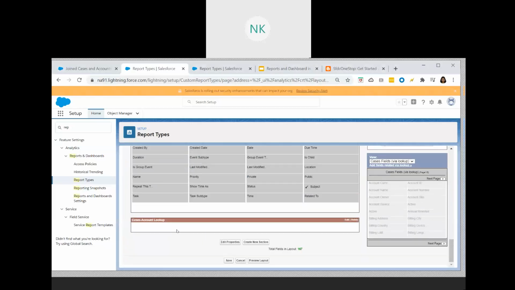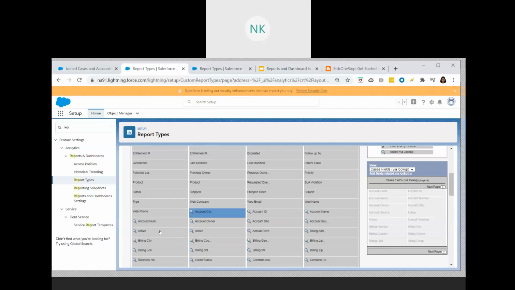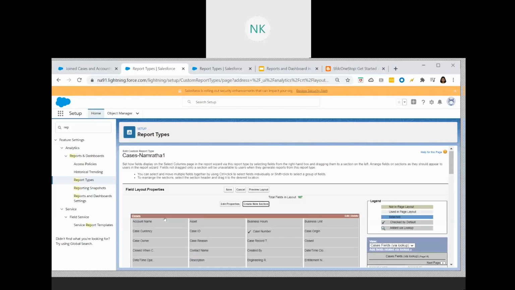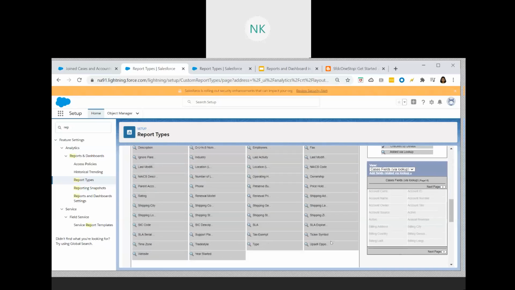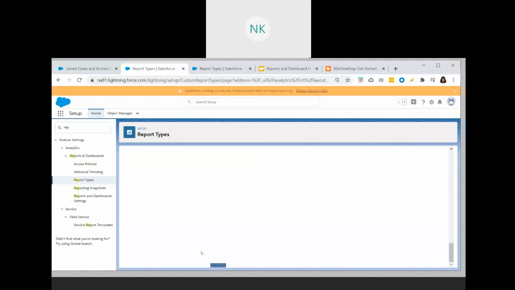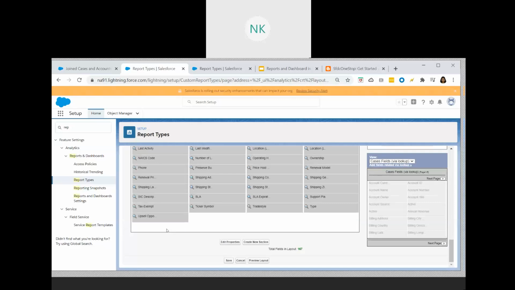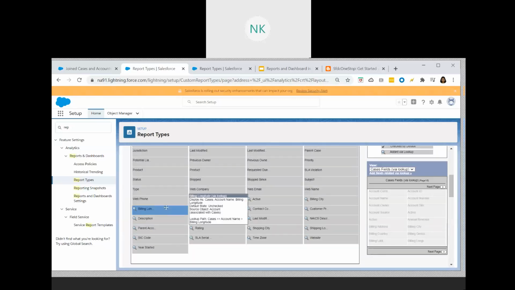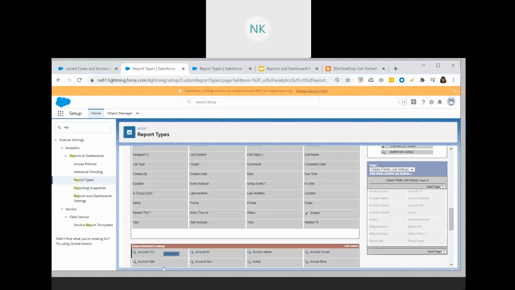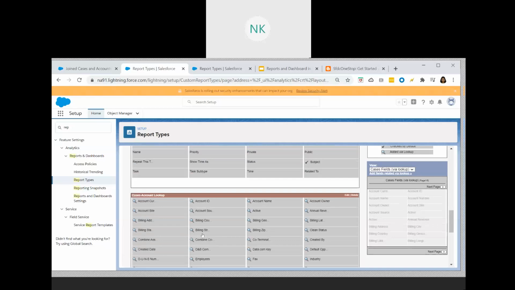A new section got created, and whatever fields we selected as a lookup, you can select all of those fields with control, and then drag and drop them to the section which we have created. All of these will get added to the section that we have created.